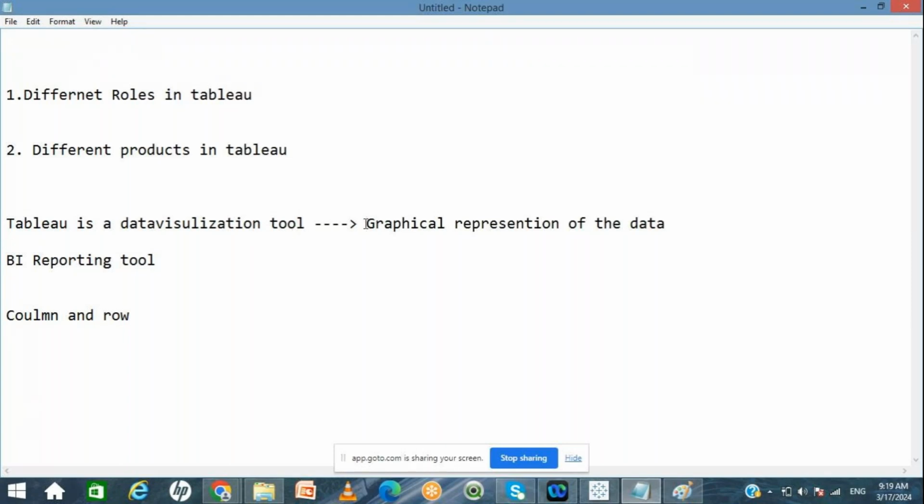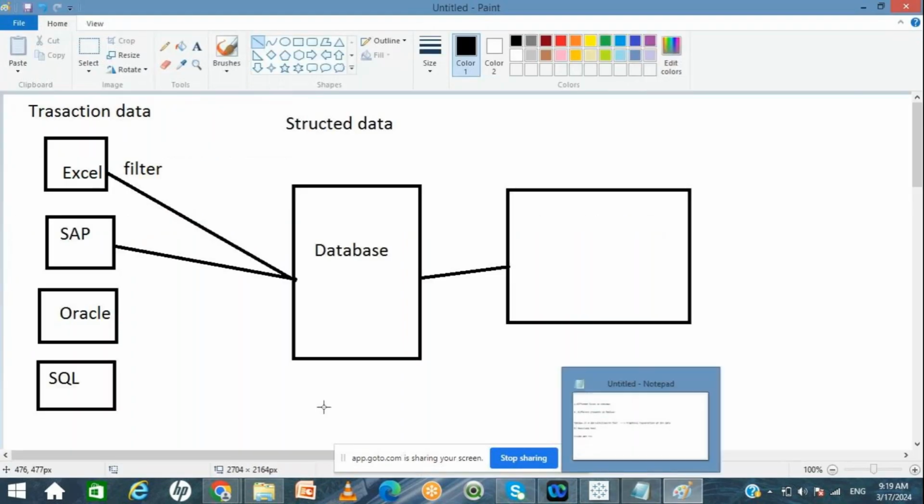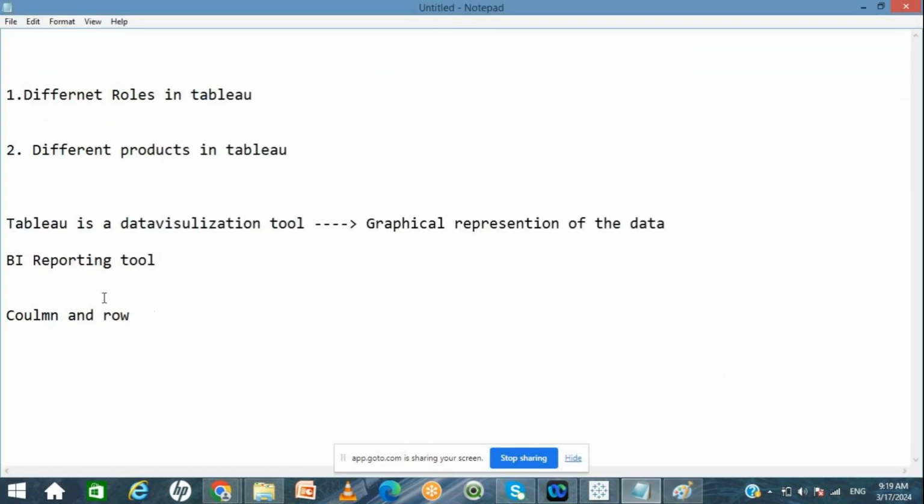Okay. So the next thing is, basically, graphical representation. Like, for example, in an Excel file or any database, tables contain column and row information, right? So when you are loading the data into tables or databases, data is stored in column and row information. If you want to analyze the data, it is a tricky process to analyze it in various ways. But when you convert our data into a graphical representation, like a bar representation, pie representation,